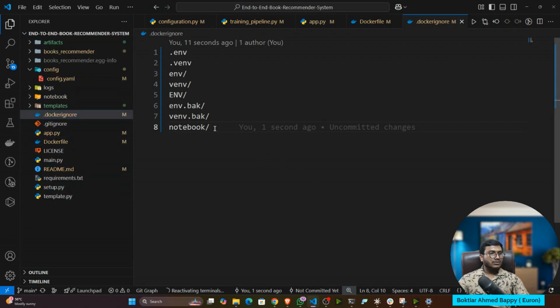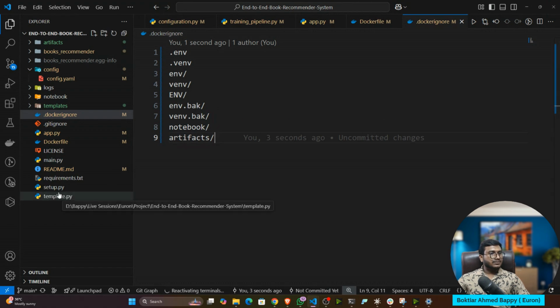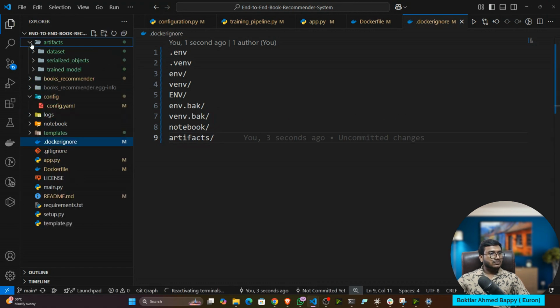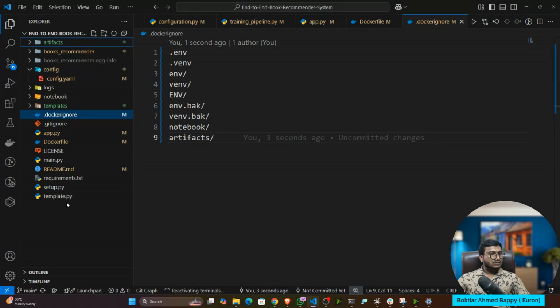Artifact, I'm also going to ignore, because you will be training the model, then you'll be using the model. That's why it will ignore the artifact, because as of now, my artifact is present in my directory. Okay, so everything is fine. Otherwise, you can keep the artifact if you want.